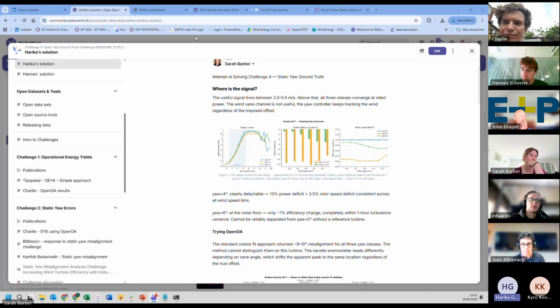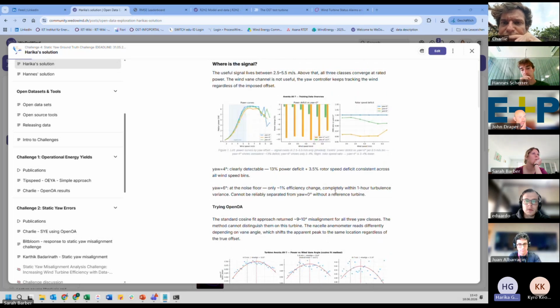When I look at the misalignment, it shows approximately a consistent 13% power deficit across every wind speed bin for a 1 hour wind speed binning. And then I could see there was a seasonal compound effect also, as I think yaw is measured around summer and the rest in the winter, like 0 degrees and 4 degrees.